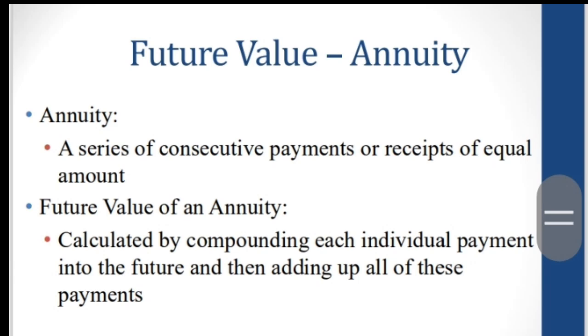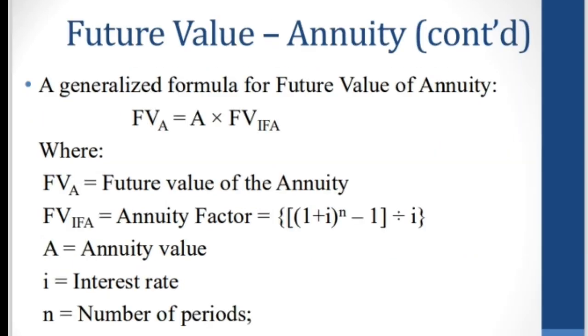Future value, annuity. Annuity, a series of consecutive payments or receipts of equal amount. The future value of an annuity is calculated by compounding each individual payment into the future and then adding up all of these payments. The generalized formula for future value of annuity: FV is equal to A multiplied by the FV interest factor,